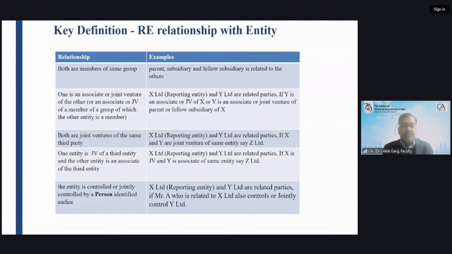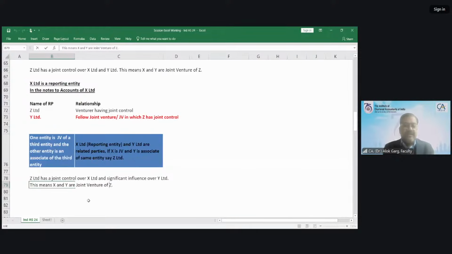Z Limited has joint control over X Limited and significant influence over Y Limited. What does this mean? The Excel is not visible, sir. Oh, I'm so sorry. This means that X is a joint venture of Z